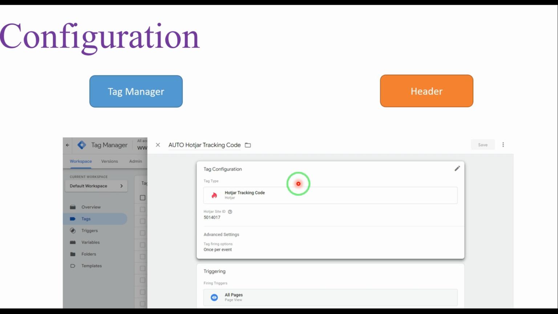Another important point about these tools is how you can configure these tools on your websites. Generally, there are two ways for configuring the web interactions tools on your websites. The first way is to use the tag management system. In this way, for example, these tools provide you the snippet code that you should put on the header of